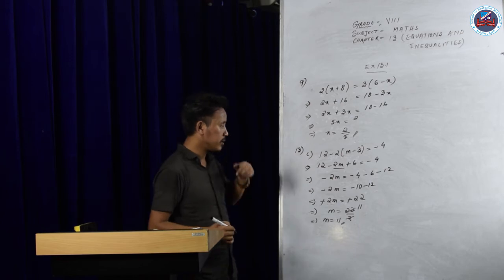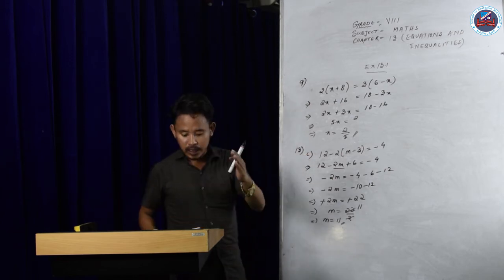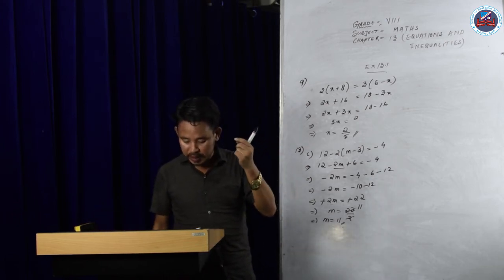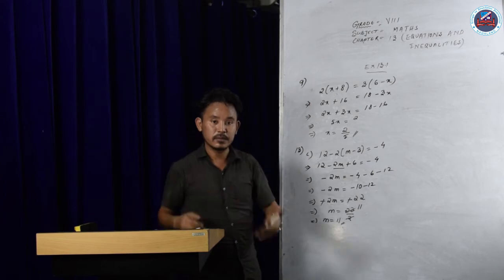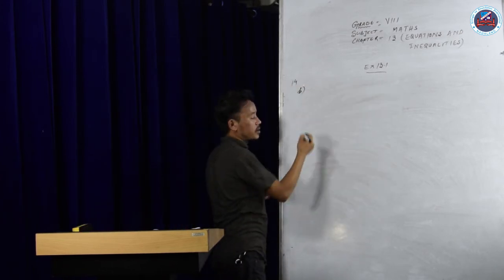Correct? Right? Okay, this is question number 13, number C. I'll be doing question number 14. There are two sums given in question number 14. So I shall do one, and one shall be for you to practice. For 14, I shall do number B. That is